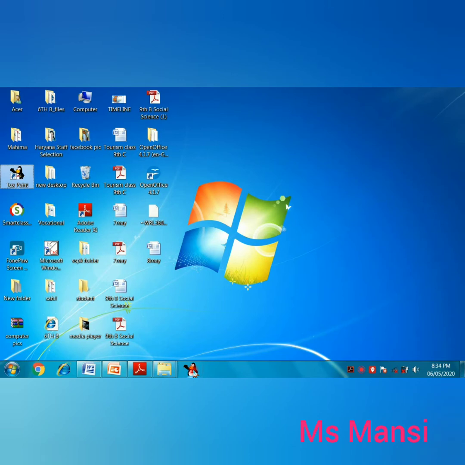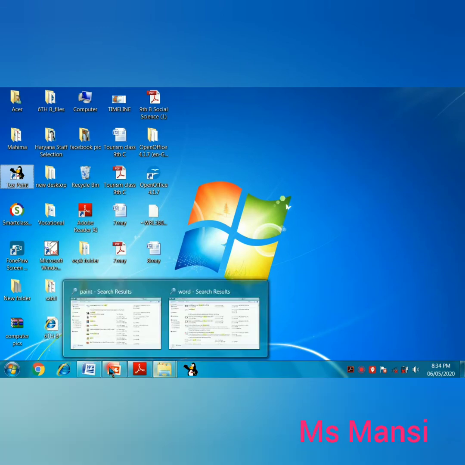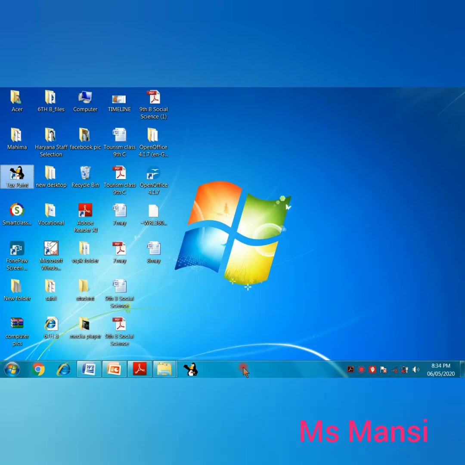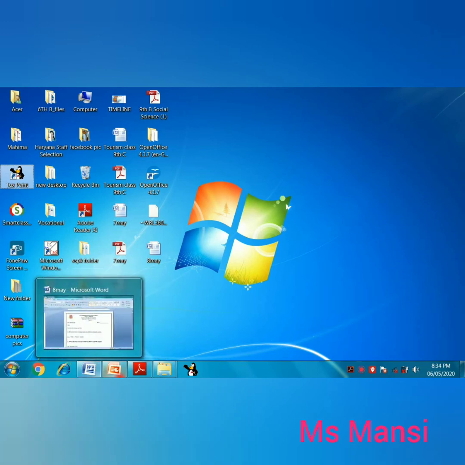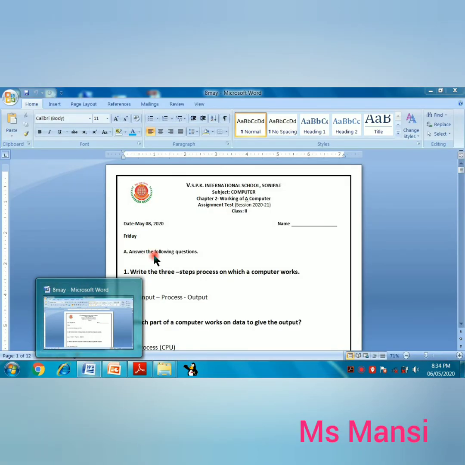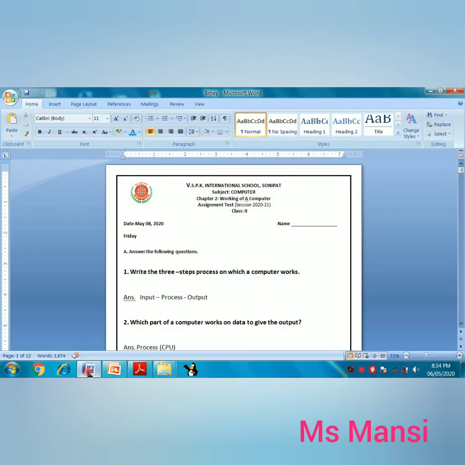Student, now I will tell you, you can preview the thumbnail of the opened file or programs by pointing to their icons on the taskbar. If any of the application is opened at the taskbar, just point your arrow on that. See, it is showing that this application is this. You can also preview in the full screen mode. You can just click on this. See, your application is now in full screen mode in which you are working.